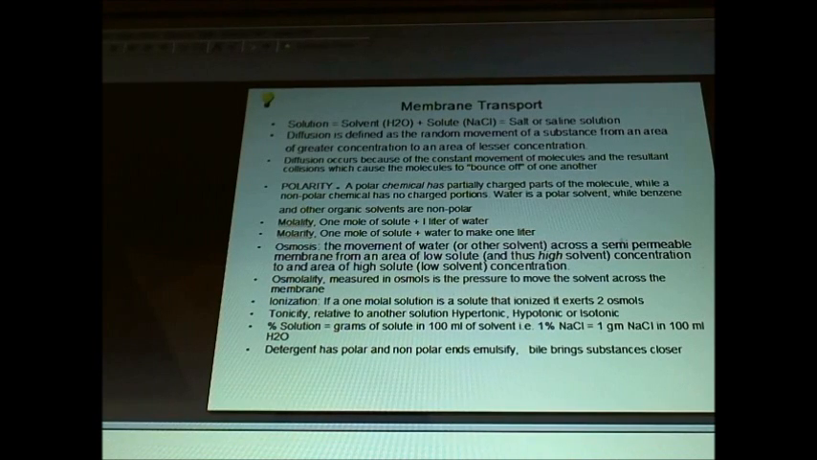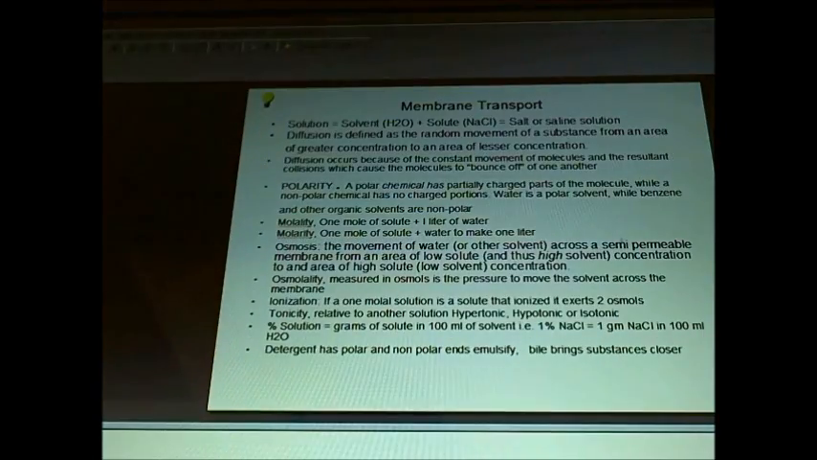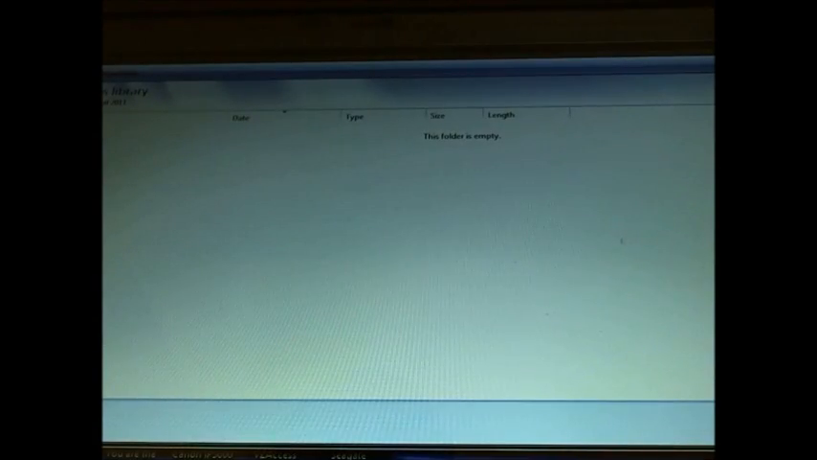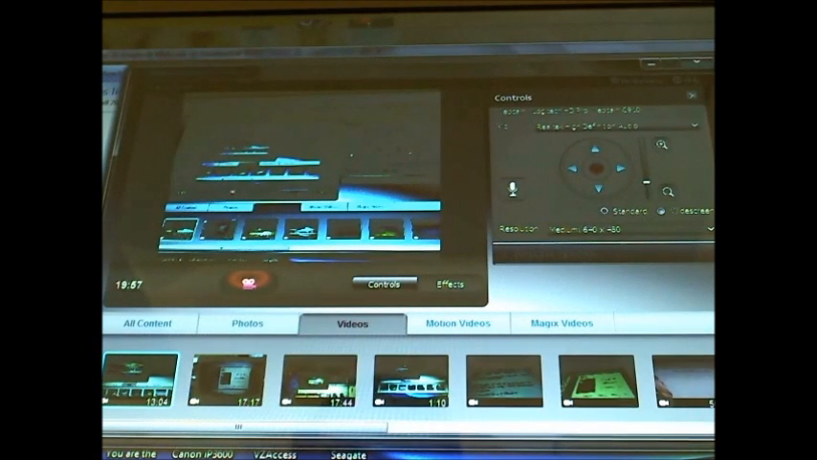Let's see if I have any time left or if I've gone over my time here. Hang on one second. I am at 19 minutes and 55 seconds, which means I'm going to